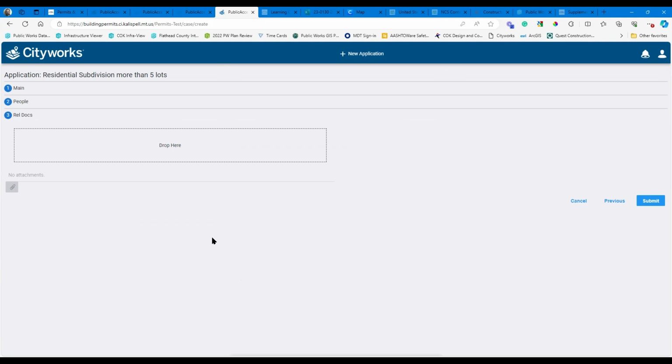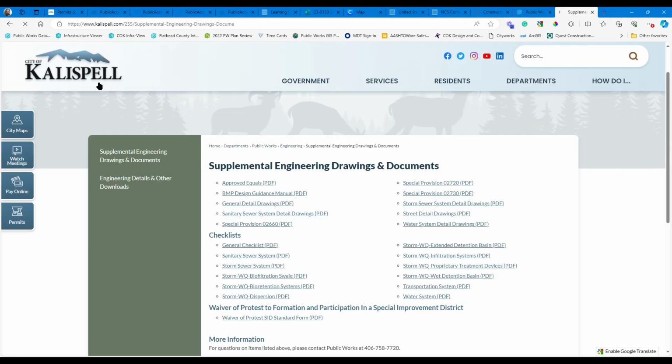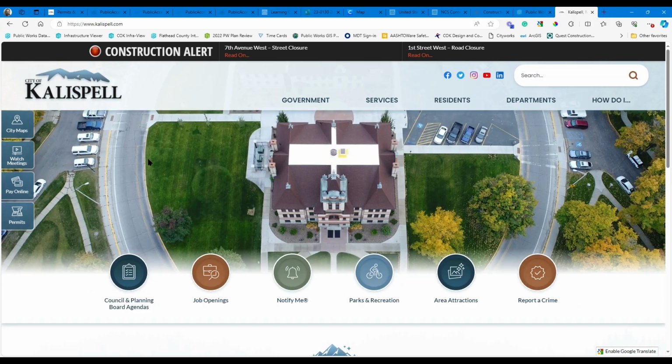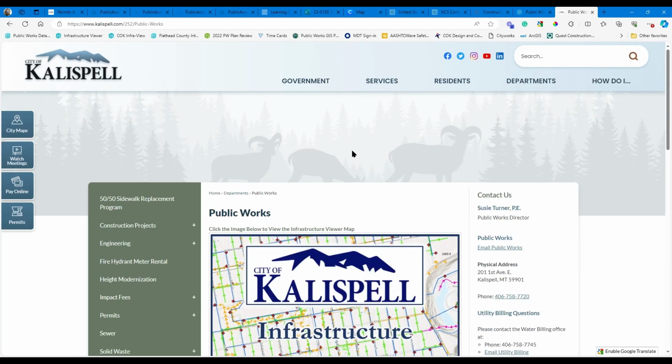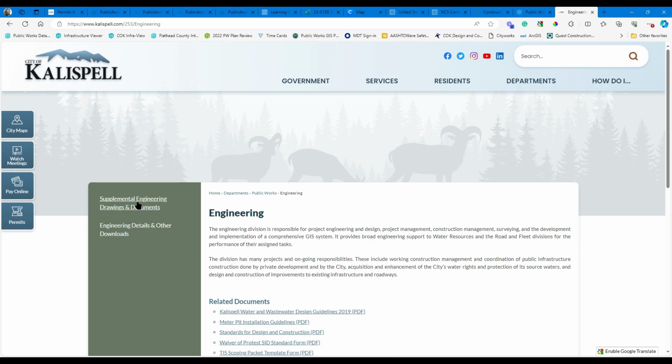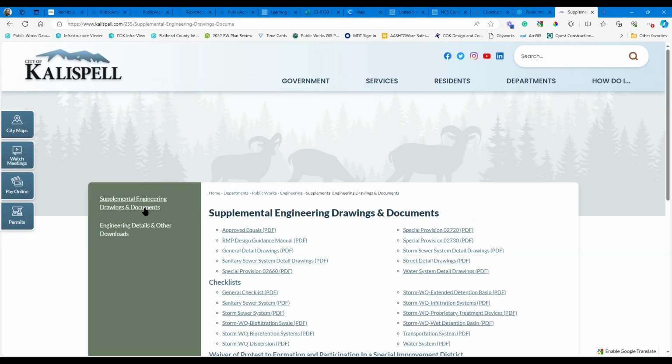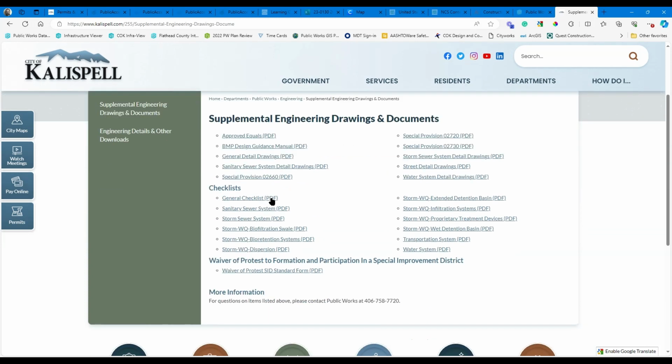Now here's where you need to drop in your design information. So for a subdivision, you're mainly going to be providing civil engineering drawings, and those are located, I'll take you in there. So on the City of Kalispell website, you want to go to Departments and Public Works, and then we want to go down to Engineering on this left menu, and then Supplemental Engineering. So we have in this location, and you can see the address up here if I went too fast,